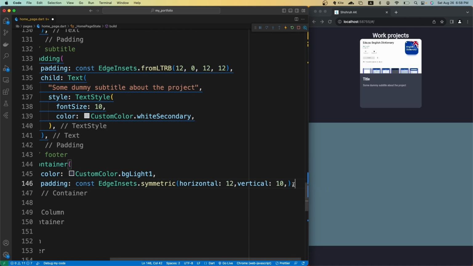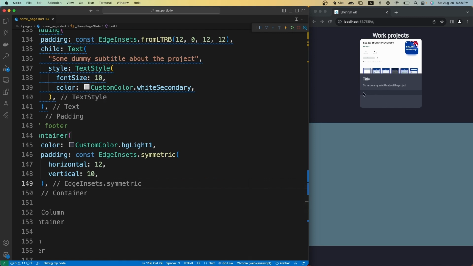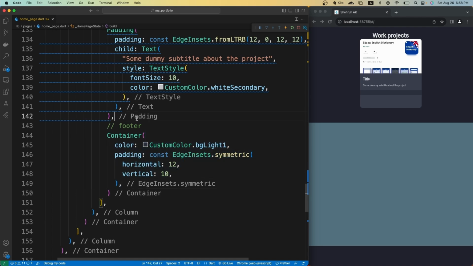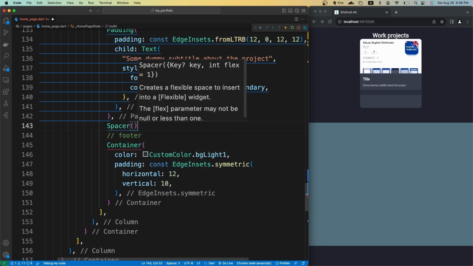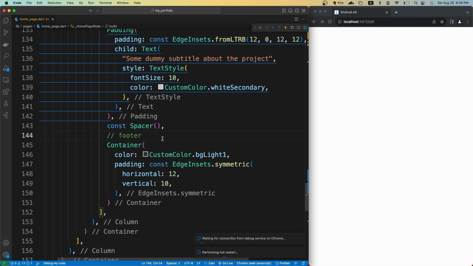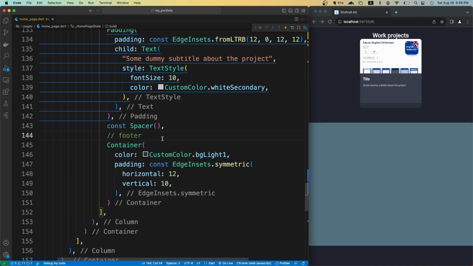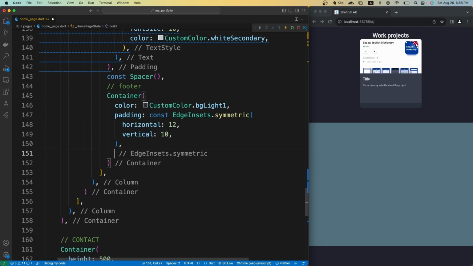Now, if I save it, as you can see, we have this footer part, and if we place a spacer here, okay, let's make it const. If I save it, you can see it's now at the bottom. Okay, let's give this a child. The child should be row,